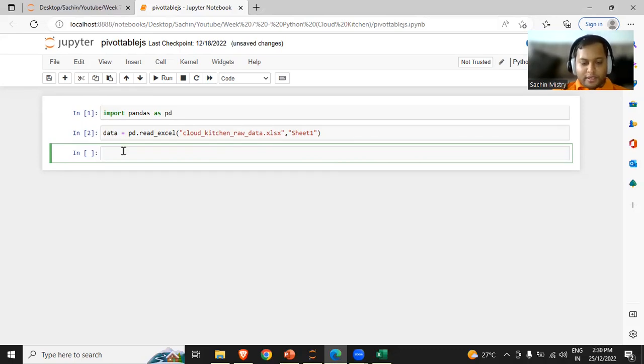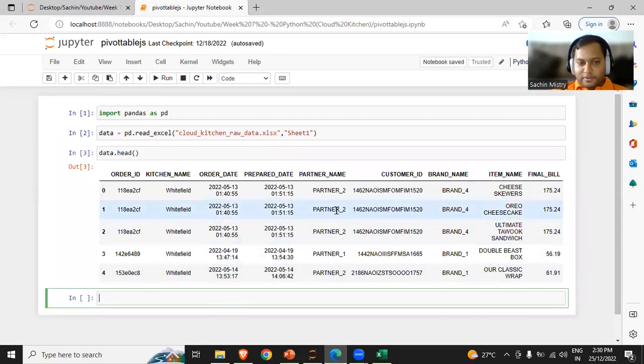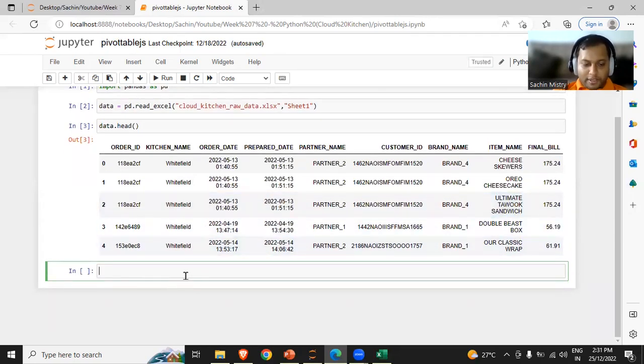If I want to look at the top 5 rows, I can just put data.head, and it will show me the first 5 rows over here. So I have the same data over here. Now my first question is, I want to use the library called PivotTable.js. So what I'll be doing here is importing a function called pivot_ui, which will help me to create this visualization. So I'll write from PivotTable.js import